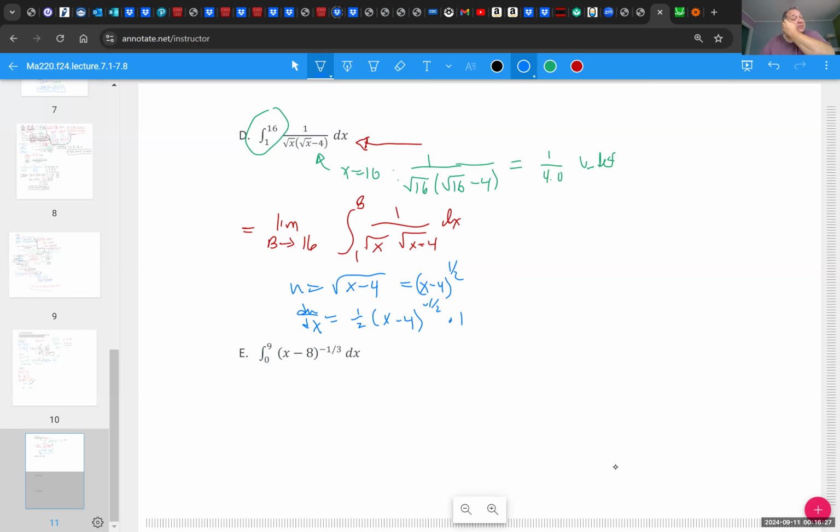But in this case, it doesn't really matter because the derivative of x minus 4 is just 1. All right, so if I solve for dx, I get 2 du, and then I get this